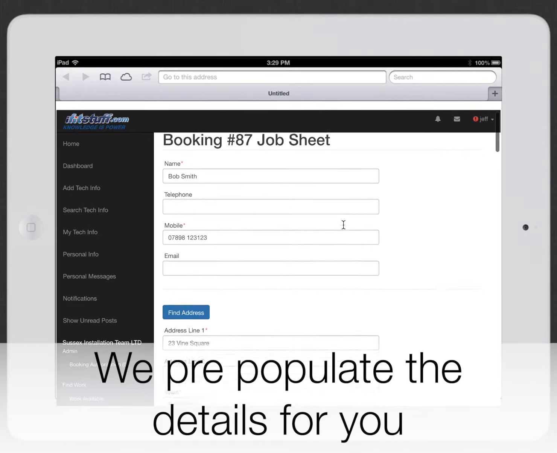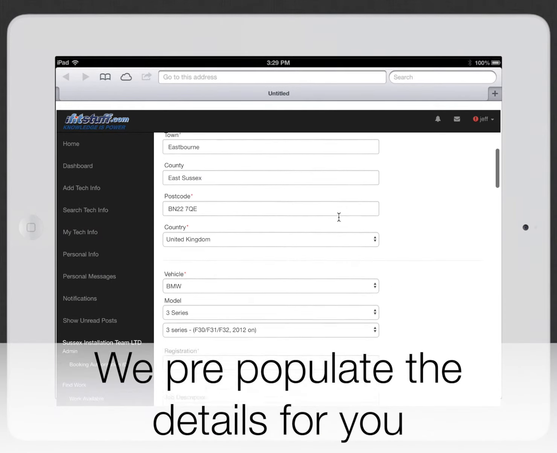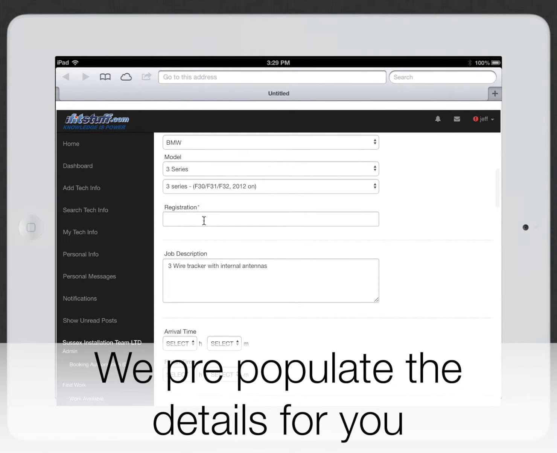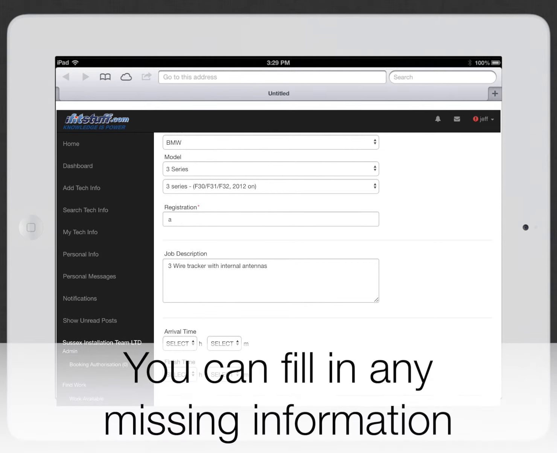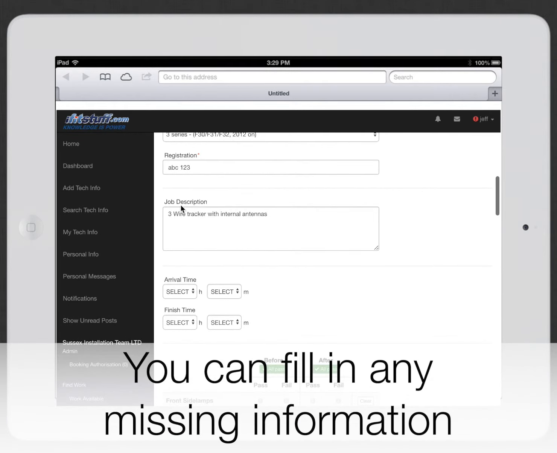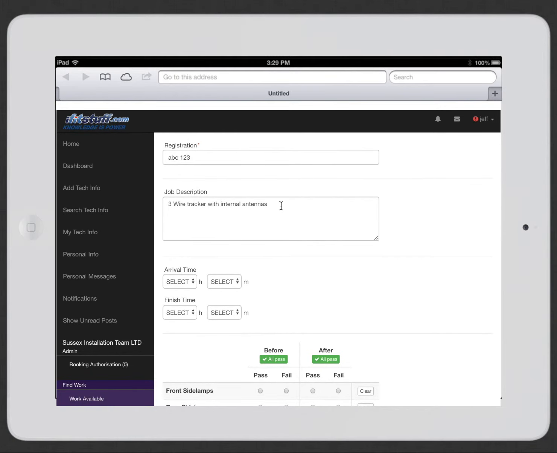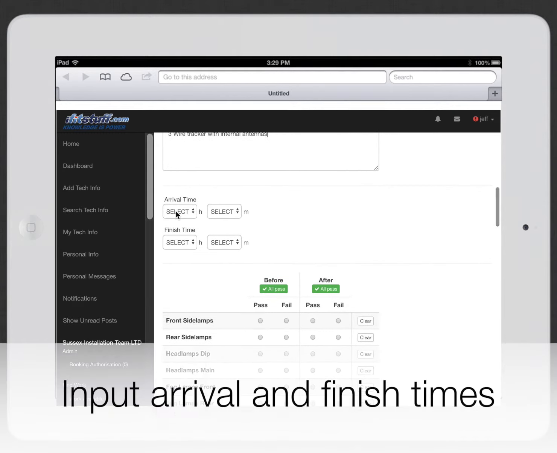It's all pre-populated here from the details that were put in by the agent on the booking. Maybe they didn't have the registration and you're at the vehicle now, so you can fill that registration out, no problem. Job description, pre-wire tracker with internal antennas. If you did any extra work, you'd be able to just modify that on the job sheet. You can put your arrival time down, 8 o'clock, finish time was